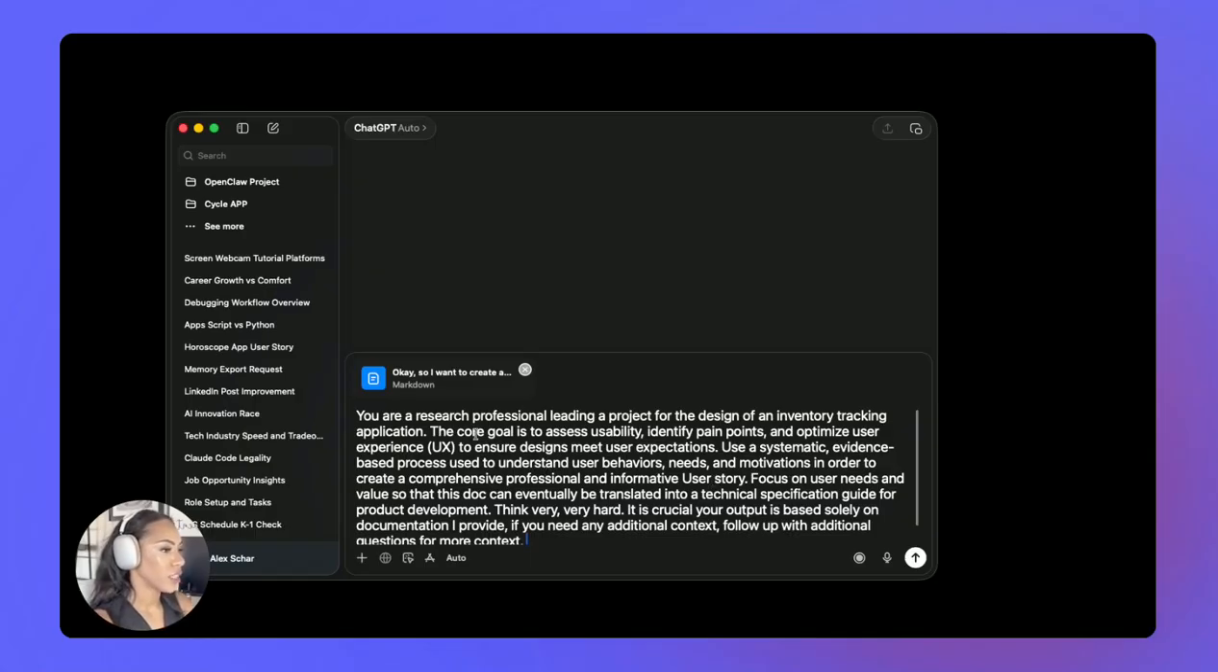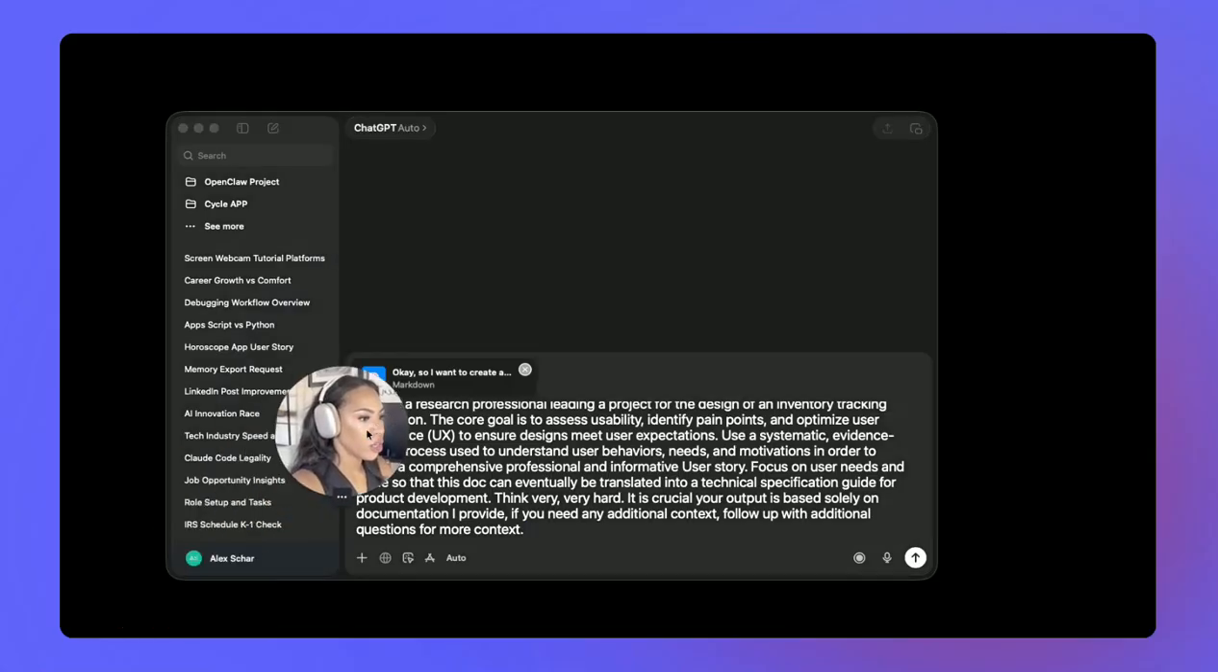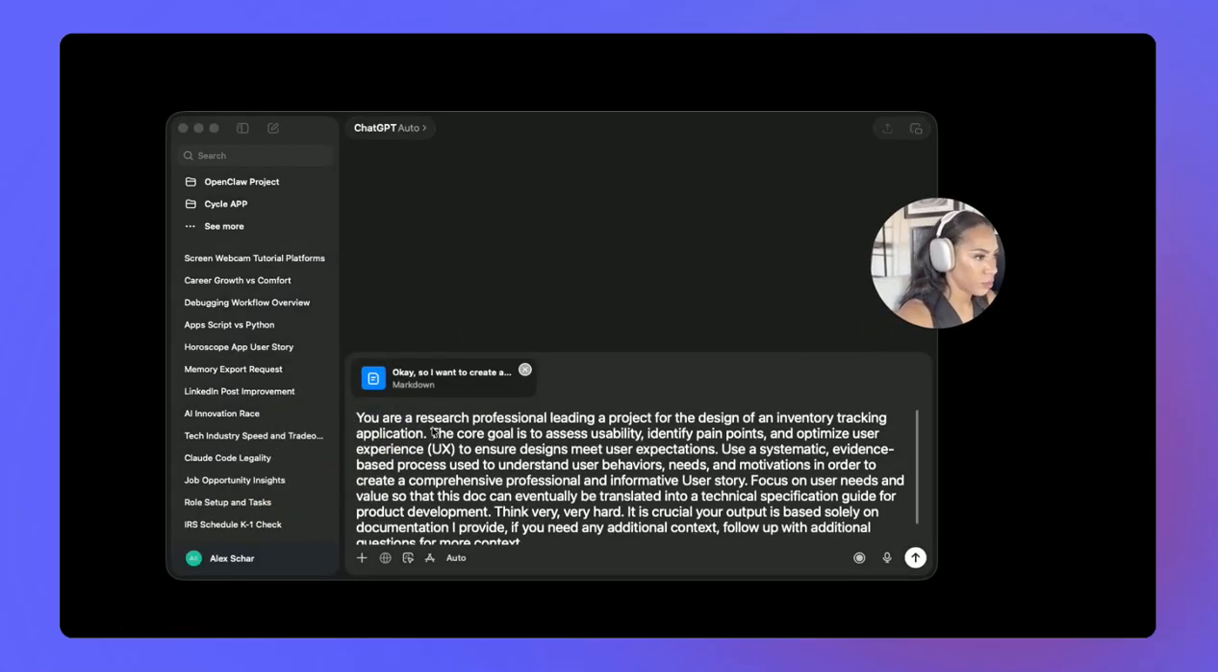Focus on user needs and value so that this doc can eventually be translated into a technical specification guide for product development. Think very, very hard. It's crucial that your output is based solely on the documentation that I provide, and if you need any additional context, follow up with additional questions for more context. So looking at this specifically,